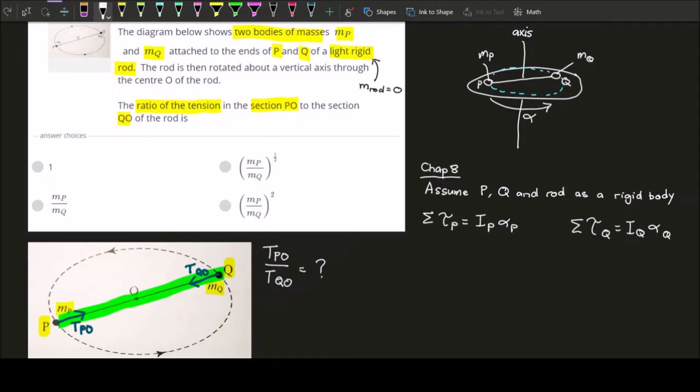Now if we think about it, we can probably say that the rod will have to push point P. We'll have to push this mass in this direction. This tension here will be perpendicular in order to accelerate. This one will be pushing here. Okay, this tension, this blue color tension here,